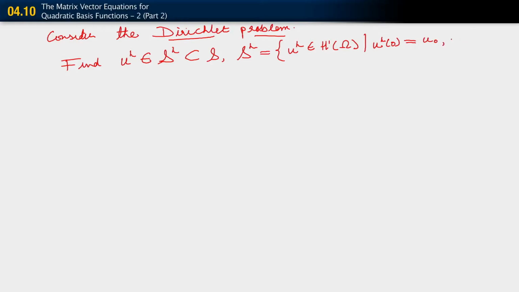And let's suppose that u^h at L equals u_L. So we have Dirichlet boundary conditions at both ends. We do not have a Neumann boundary condition at the right end. There are no Neumann conditions in this problem. Find u^h of this sort such that